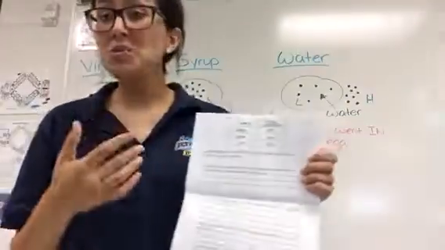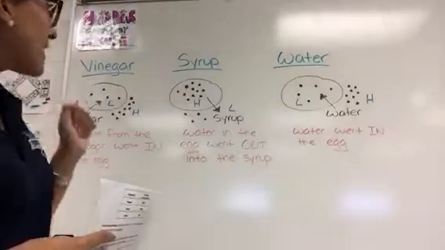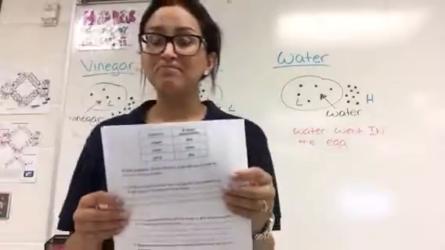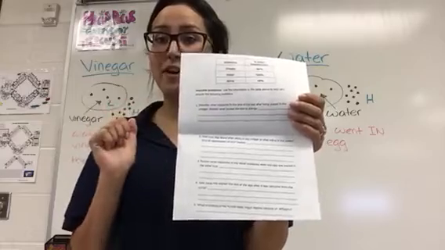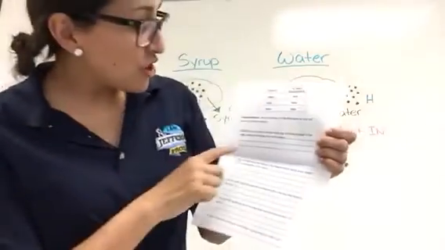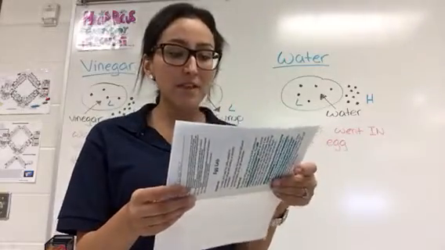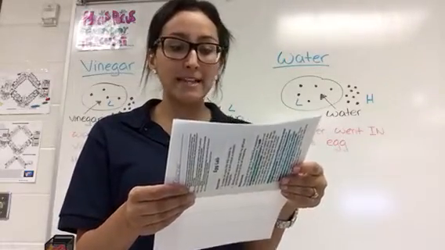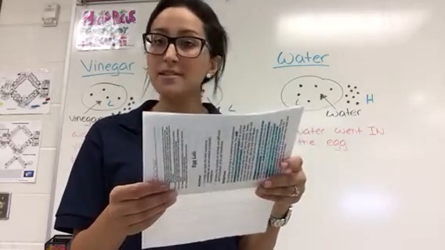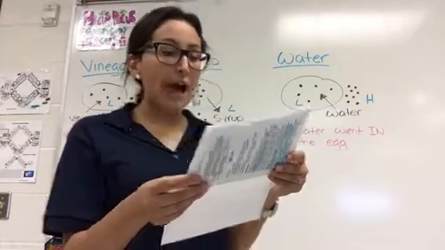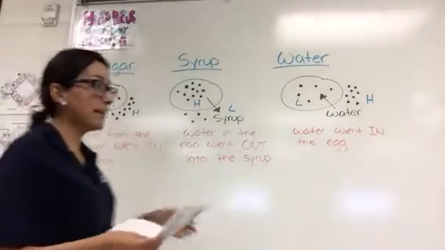So let's use that information as well as information that we have discussed in class to answer the remaining 5 questions of your Egg Lab, okay? So looking at question 1, it says, describe what happened to the size of the egg after being placed in the vinegar. And we have to explain what caused the size to change. So after being placed in the vinegar, this is our vinegar section right here,